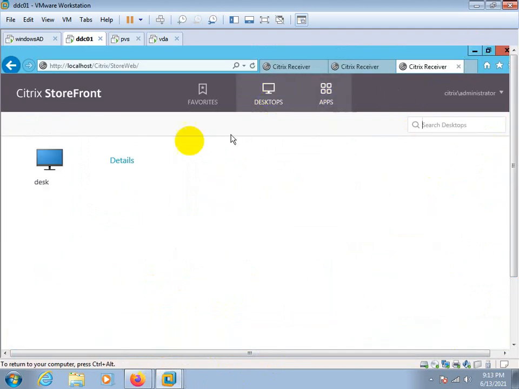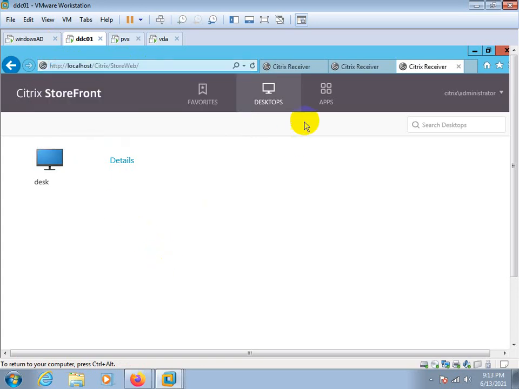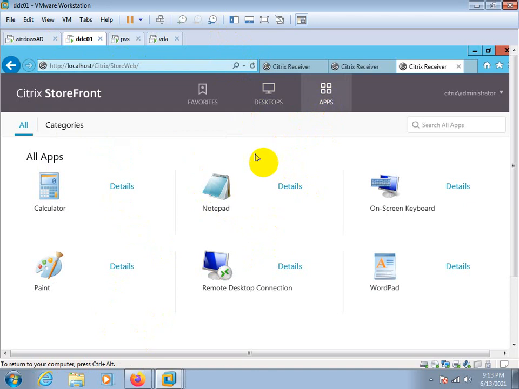Okay, now suppose you are a user. From outside you need to access this URL and you will get all the applications and desktops. Then you need to open the application. That is the process. The user has access only on the web store, nothing else.